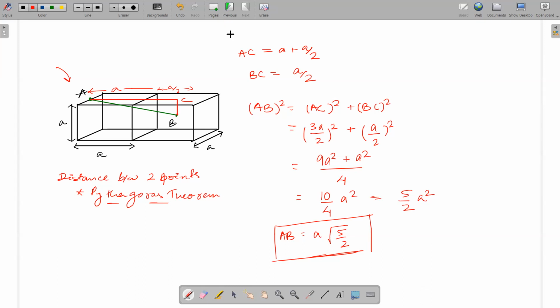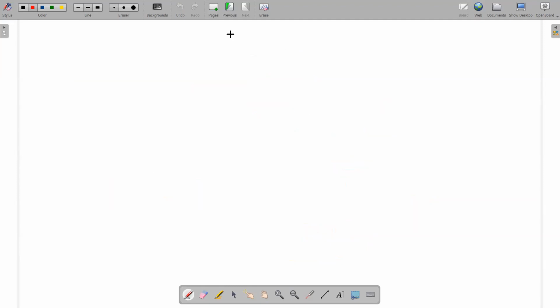Okay, so how did we make 2D? We made 2D by extending the 1D pattern that we had. So to make 2D, we have to have 1D. Similarly, from 2D to 3D, we have to have what? The 2D structure. When we want to make 3D, we will start with 2D. So let us do a bit of recap.